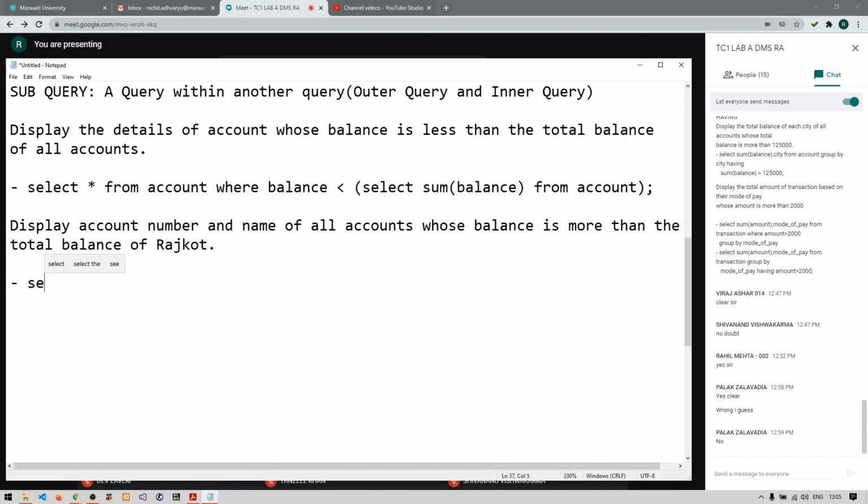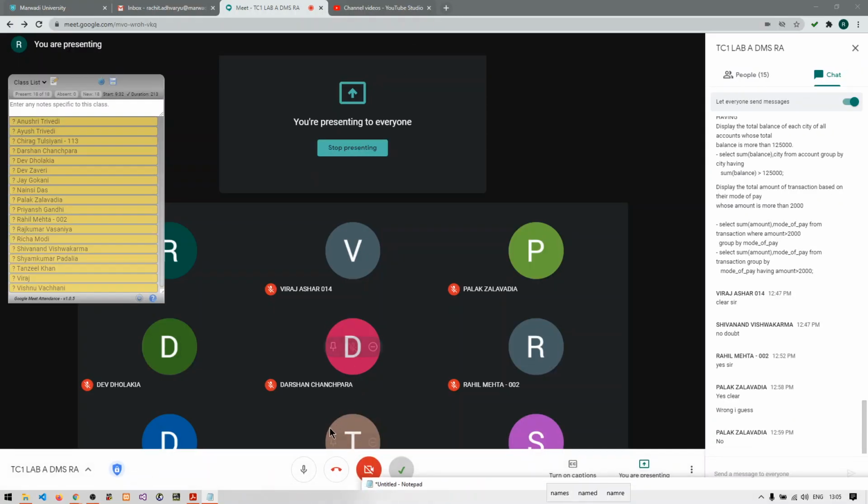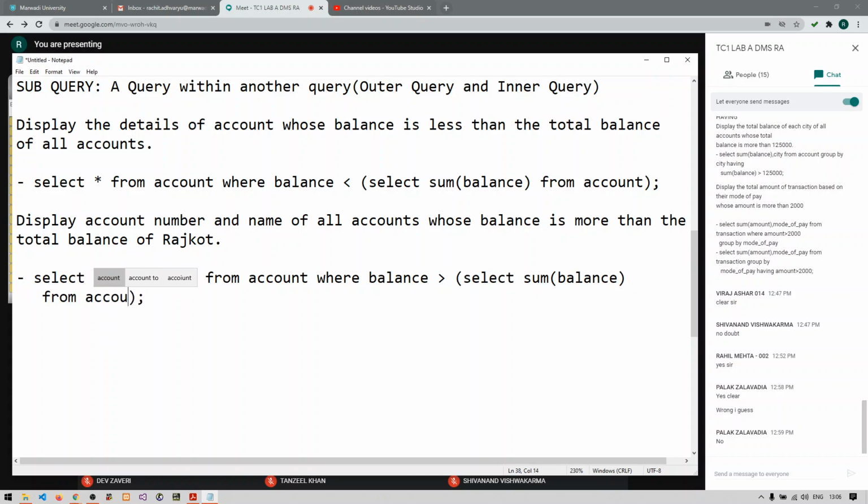The outer query will be select acc underscore no, name from account where balance greater than, and then we will write a subquery or inner query: select sum of balance from account where city equals to single quotes Rajkot.